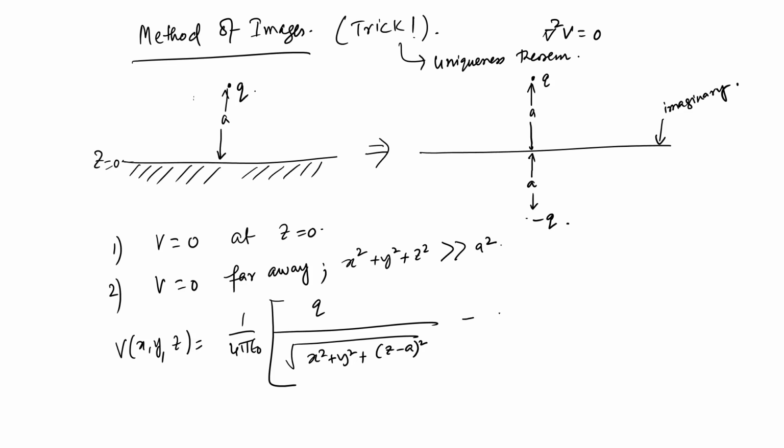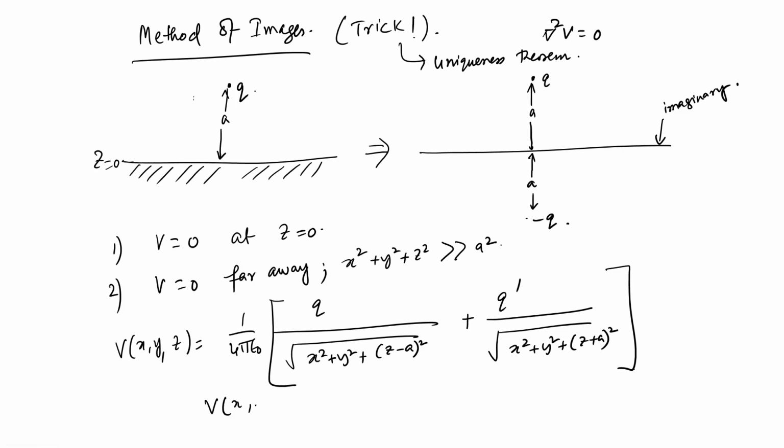Then there is another charge, I do not know what it is, so we write a q prime divided by root over x square plus y square plus z plus a whole square. And now we put in the boundary condition, that is V at x, y, z equal to 0